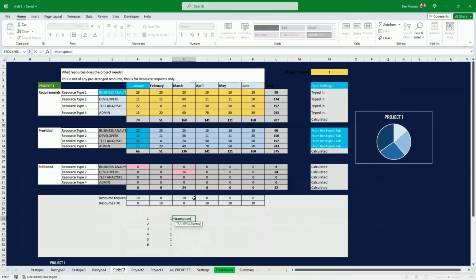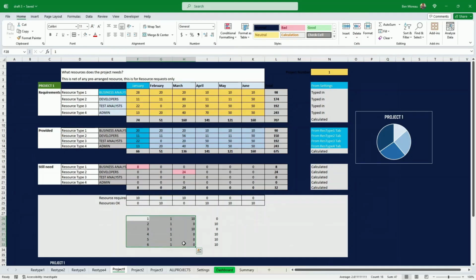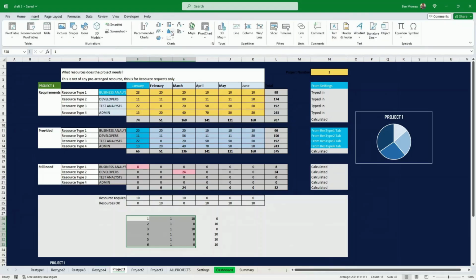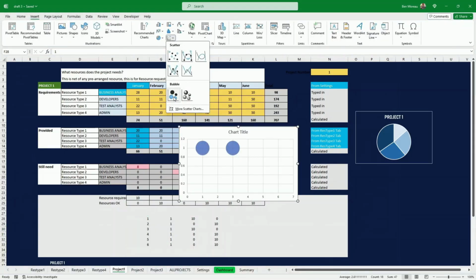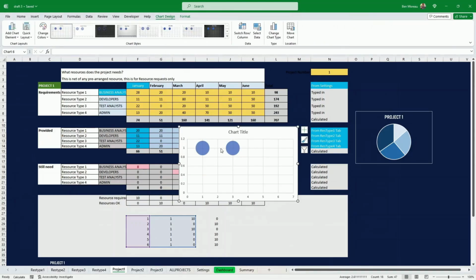Must be getting familiar with this transpose stuff now. Transpose this here. And then what I need to do is to transpose the other one. Transpose this here, so it will make more sense when I draw the bubble chart. So if I just select those three here, the two axes and the size of the bubble and where they sit, if I insert a bubble chart here, that doesn't tell you much, there's only the two there,